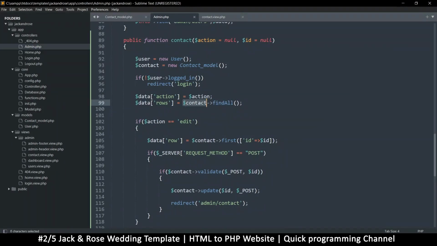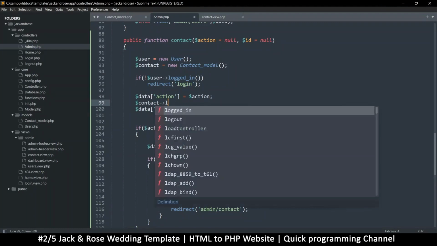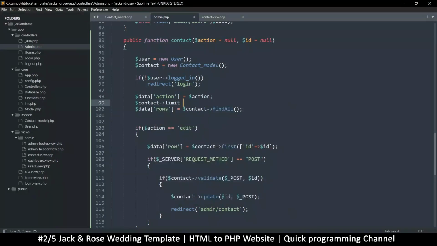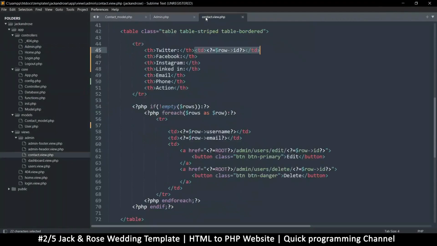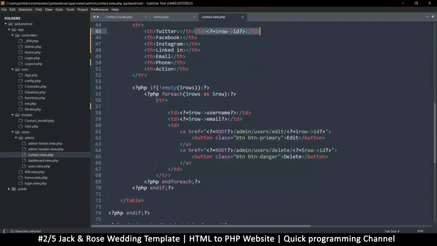What I'll do is I'll grab this and say contact limit should only be equal to 1. So you can set how many records to get. So the limit should be 1 there. So rows back here. So maybe at the end of the day, we'll still need to,